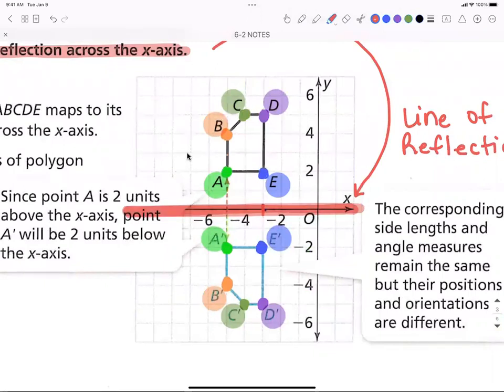And that's what your whole problem pivots on: this line of reflection. Okay. Now I've color coded it just so that you can see where everything goes. And I'll just point out a few of them. I'm not going to do every single one of them, but if you take original E, which is this blue one right here, and you count how many blocks it is from the line of reflection, it's 1, 2, which means you're going to go 1, 2 and drop your point and label